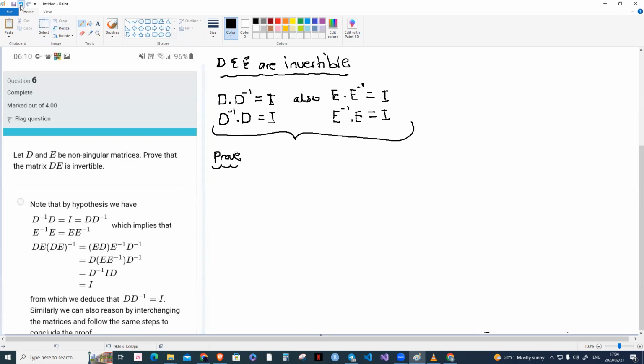Proof. This question becomes easier now because they want us to prove that DE is invertible. It's non-singular, in other words. How do you prove that? Well, we have DE. If this is invertible, when I multiply it on both sides by D inverse, I'm going to multiply it on both sides. D, sorry,